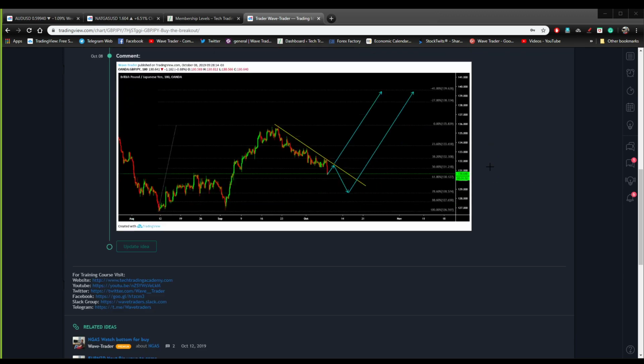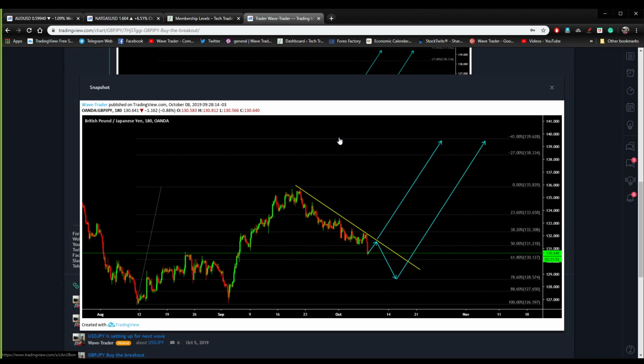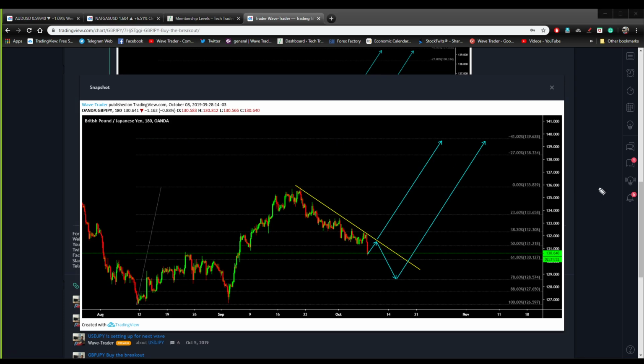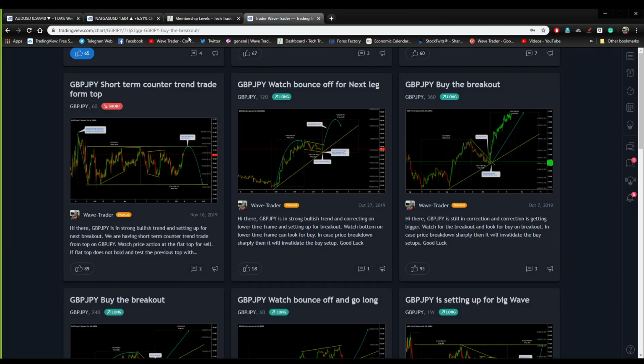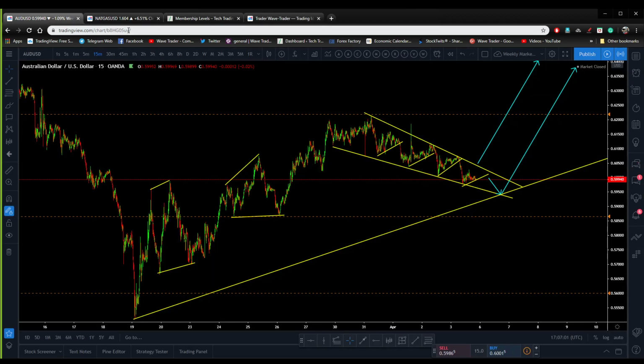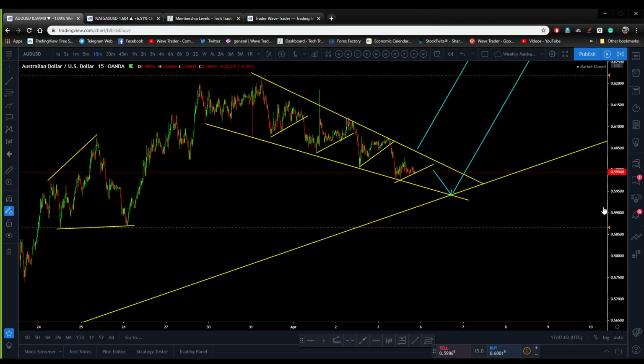Let me check if I do have it. Okay, so this is the update. Every time price goes down on the Australian dollar US dollar, the way you guys have seen there, price went lower, correction went lower, went lower, went lower, and then we have seen the breakout. It's a similar way. Every time price goes down on this chart on the 15-minute time frame,